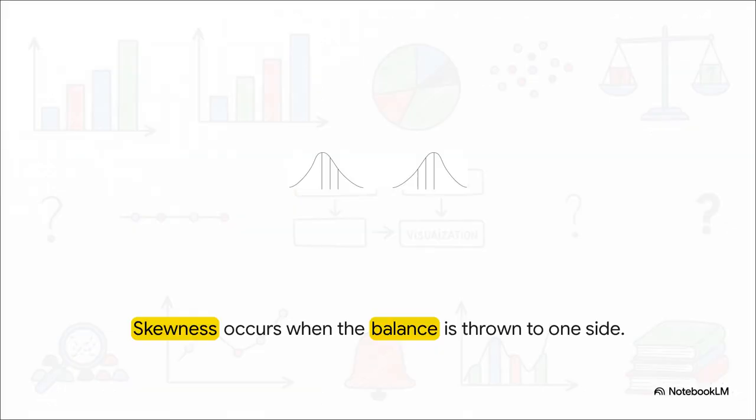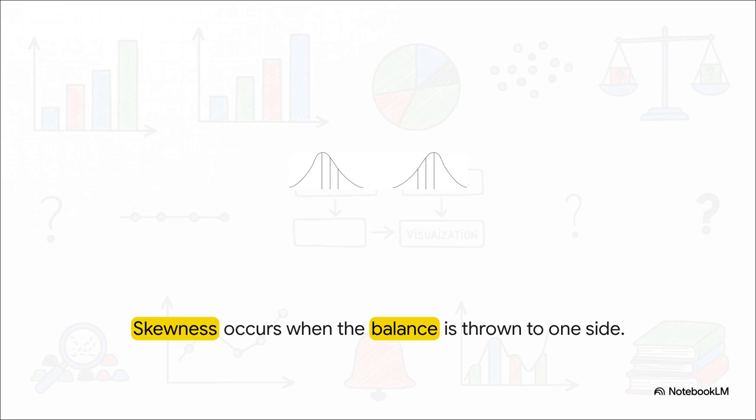But let's be real. In the real world, data leans. When that beautiful balance gets thrown off to one side, we get what's called skewness. If the curve distorts and stretches its tail out to the right side, we have positive skewness. That just means a few abnormally high values are pulling the mean higher than the median and mode. Income data almost always looks exactly like this. If it distorts to the left, we have negative skewness, which drags the mean down below the median. Measuring this tells us the true physical posture of our data and warns us that our averages are being pulled